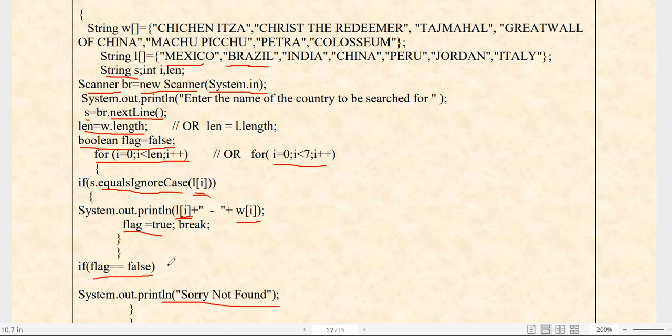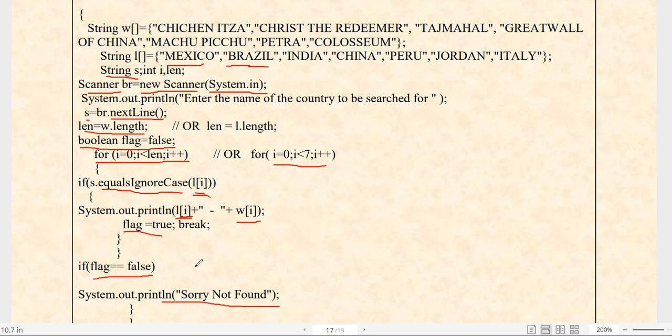It's clear. So in all types of programs, you should take care of the difference between the different kinds of arrays. Which kind of array you are using: string array, double array, float array, or boolean array. Then according to the given type, you have to apply your logic.